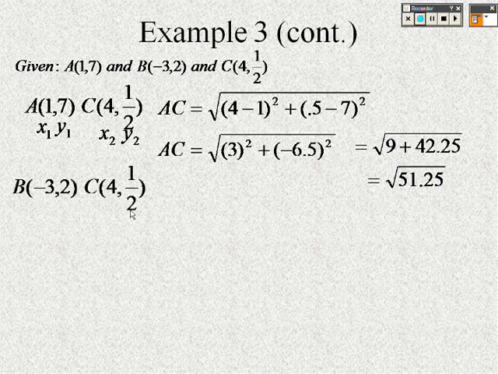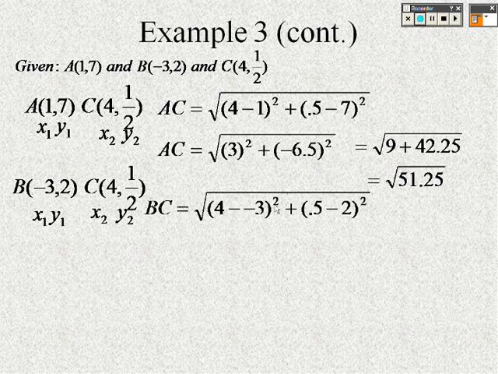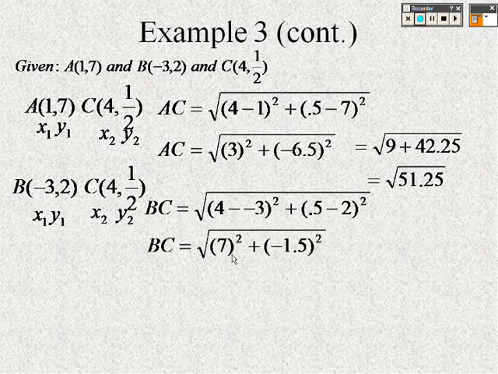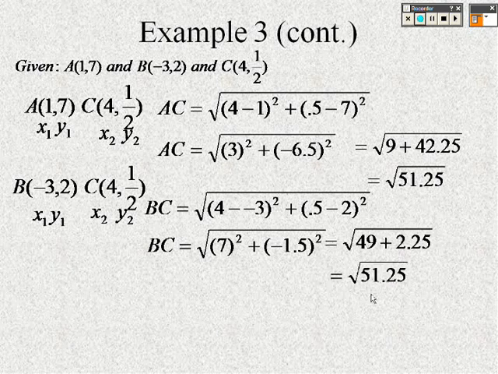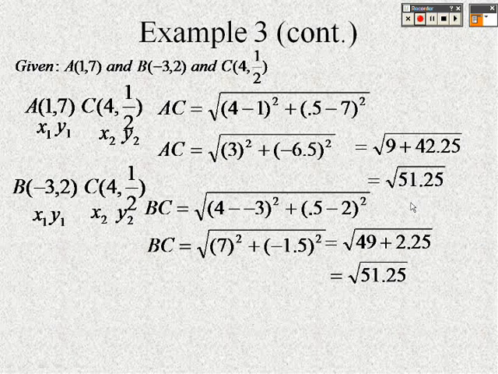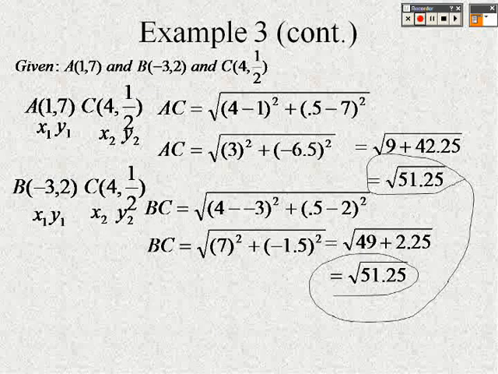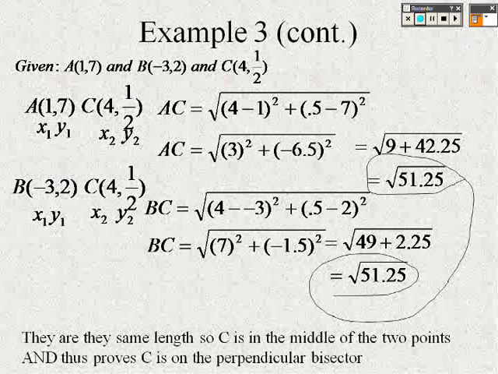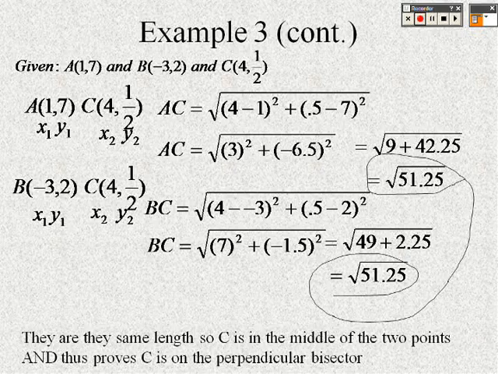So we take a look now at BC, and I plug that in. There's x1, y1, x2, and y2. So I plug it in. It's a 4 minus a negative 3 squared, and 0.5 minus a 2 now squared. So that gives me 7 squared and negative 1.5 squared, which is 49 plus 2.25. And if you notice, that's why I didn't have to go the whole way through to get a small decimal, because those two are exactly the same, which means whatever decimal they give, they're both going to give me the same decimal. And they're the same, which means that is a perpendicular bisector. So C is in the middle of the 2 points, and thus proves that C is a perpendicular